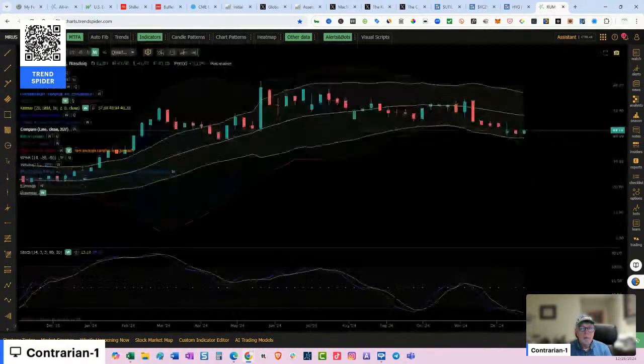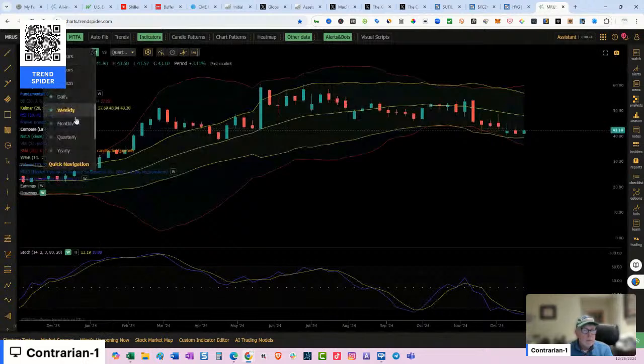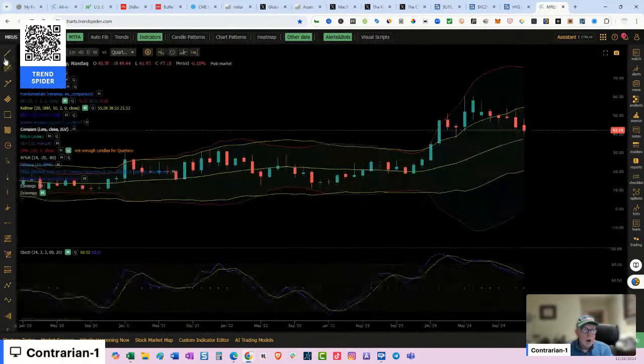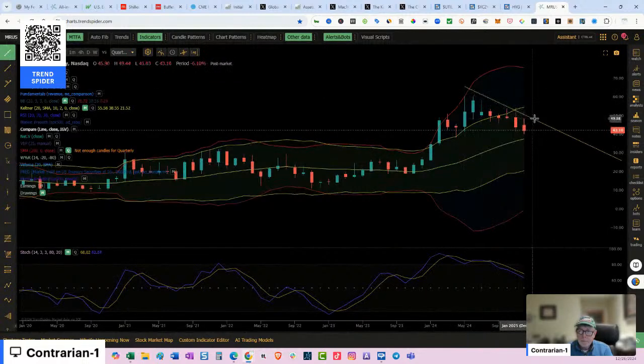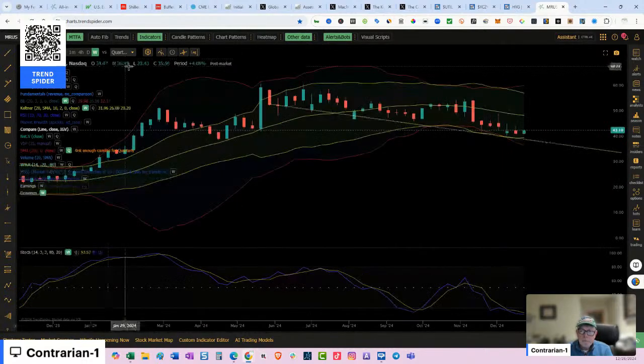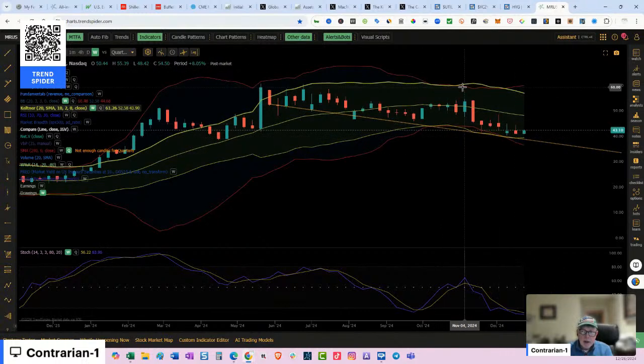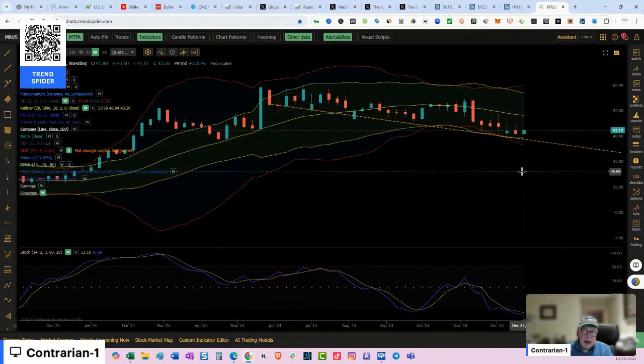MRU. Good looking chart. Could be setting up for a bull flag on a monthly chart. On a weekly view, we're right off of that support level. We have a Bollinger Band squeeze that's setting up here. The problem is we don't know if it's going to fire off south or north. I don't know what the fundamentals are, nor does that matter.